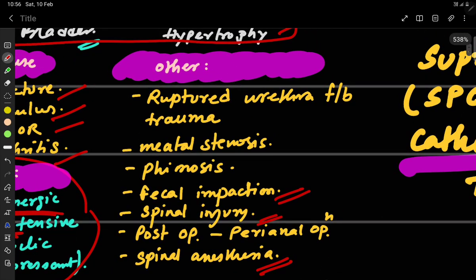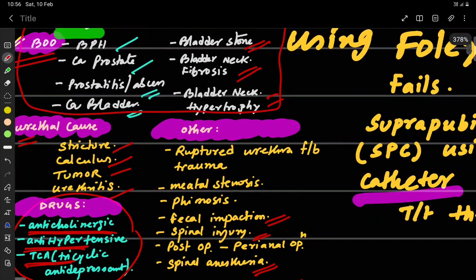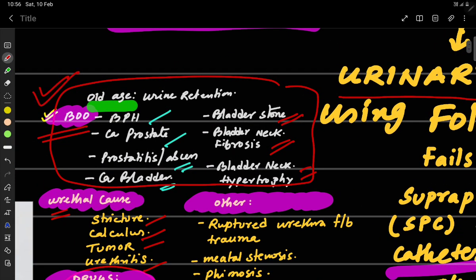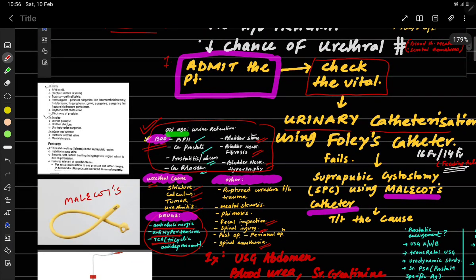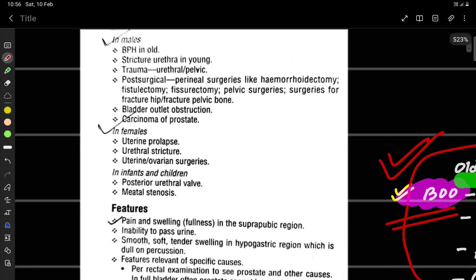These are the other causes that may be responsible for bladder outlet obstruction or acute retention of urine. Bladder outlet obstruction is one cause of acute retention of urine. So these are the causes. If the examiner asks you what the causes of retention of urine are in males, in females and